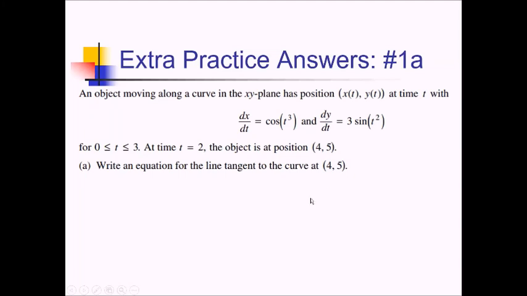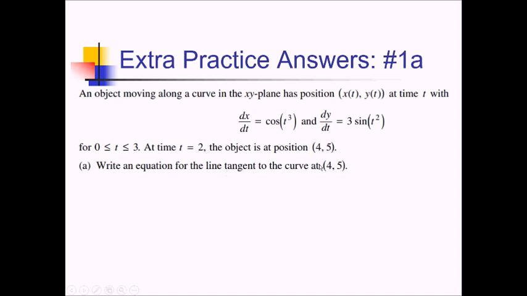For this calculator-based free response problem, we have an object moving in the xy plane, defined parametrically with x of t and y of t. They didn't tell us what those were, but they did tell us the derivatives of those. So we essentially have the components of the velocity for this particle. And we have an interval from 0 to 3. We have a time 2 at which we're at the position 4, 5. All important stuff. Now for our first part on this problem, we want the equation of the tangent line at